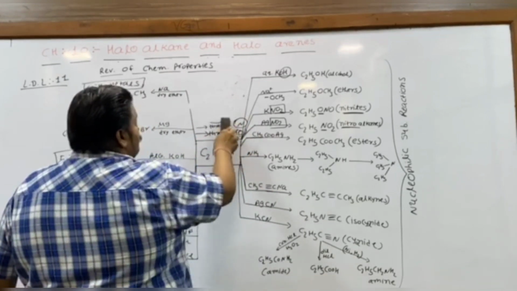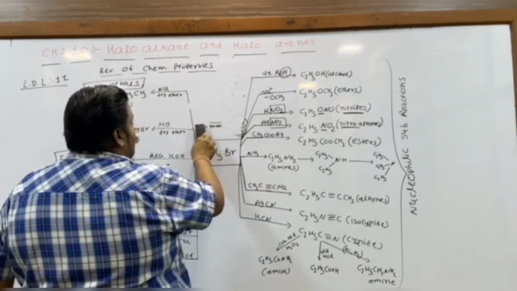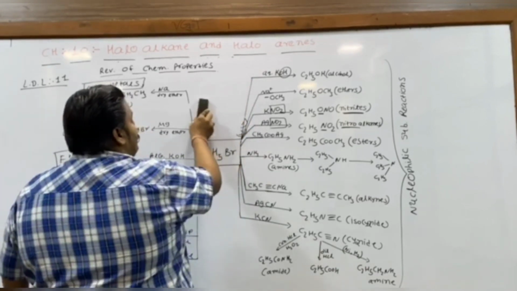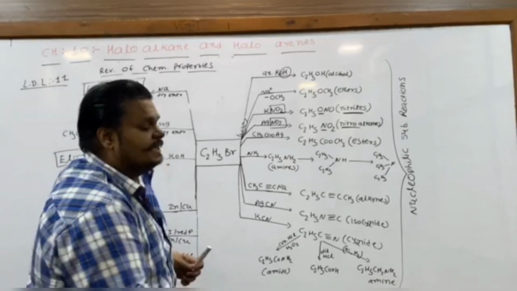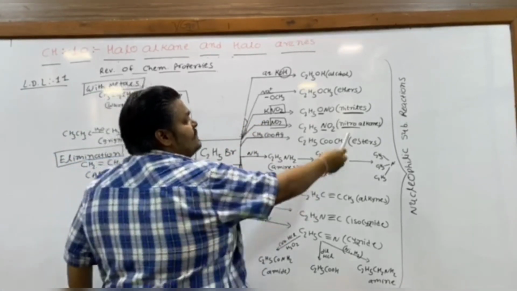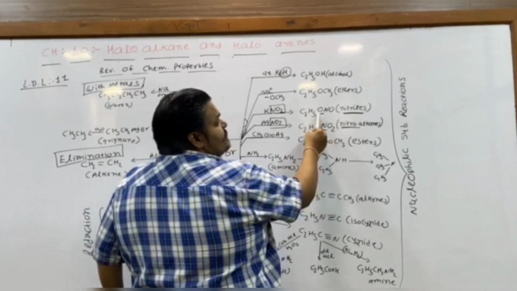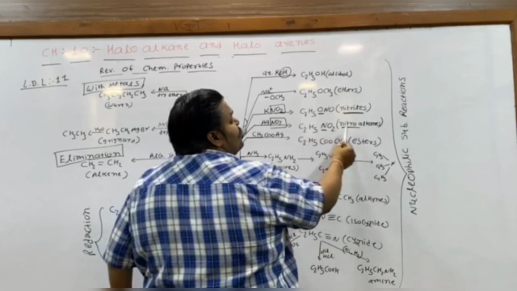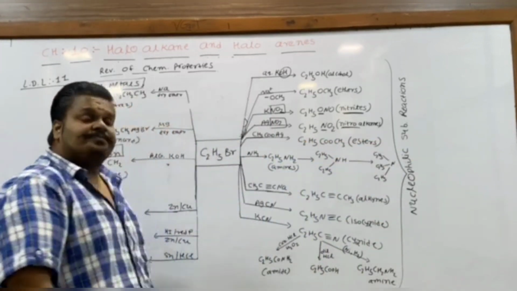Because NO2 has two different coordination sites, it can combine with a carbon through nitrogen or combine with a carbon through oxygen. If oxygen coordinates with the carbon, it produces nitrites. If nitrogen coordinates with the carbon, it produces nitro compounds.